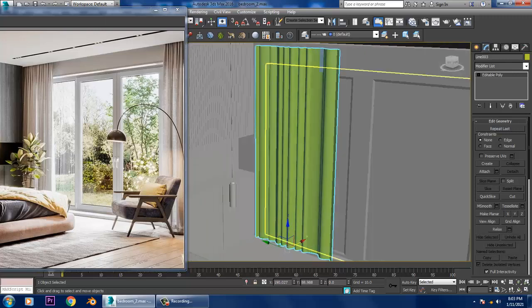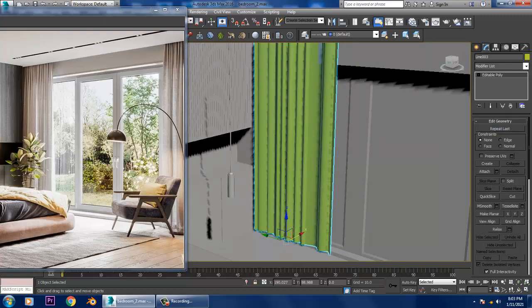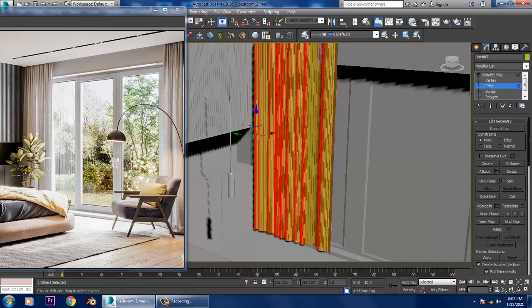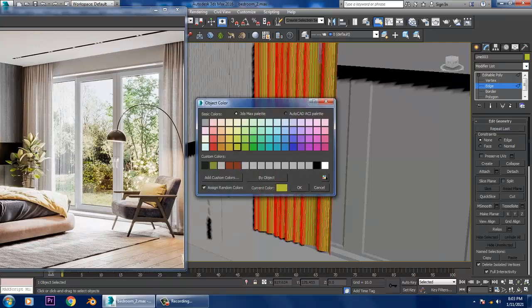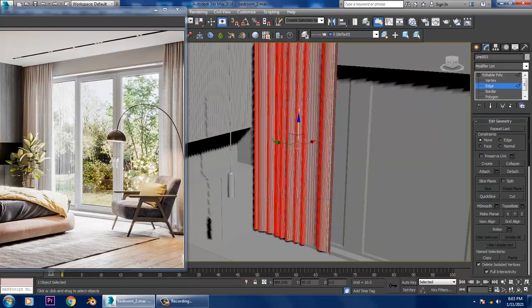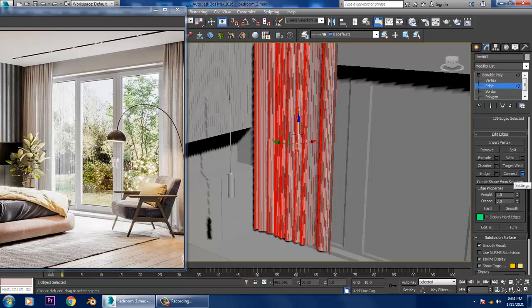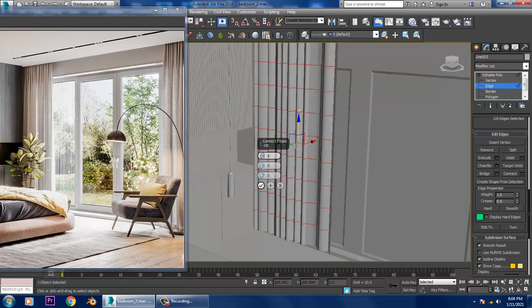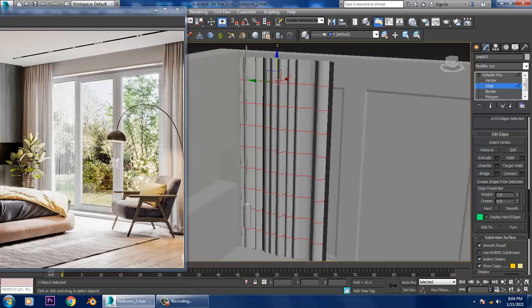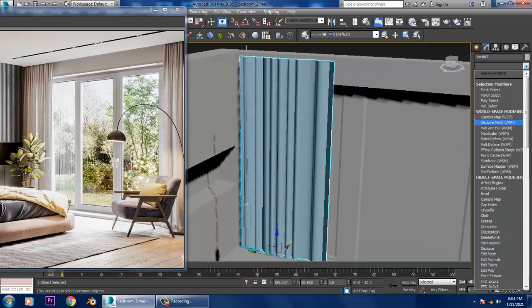Now what I'll be doing over here is I'll go into the edge. I'll select this and just give a color and let's give a connect over here. Let's give some connect over here, and if you want I can give FFD box over here.